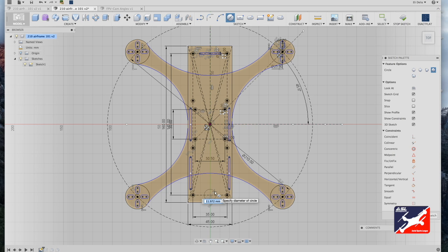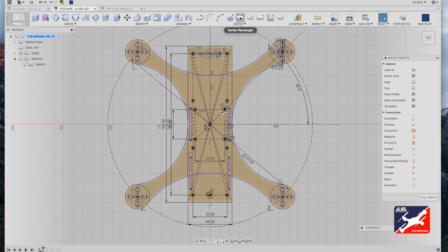tool, drag out a 6mm circle, and this will give us an option to mount a first-person video camera antenna. OK. Next, we'll reduce some mass by cutting some additional holes into the top plate. You can do this with any number of shapes, or you could try to write your name, or even add a logo. To keep it simple, I'm just going to go back to my sketch menu and use my center